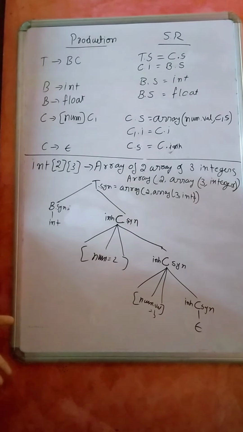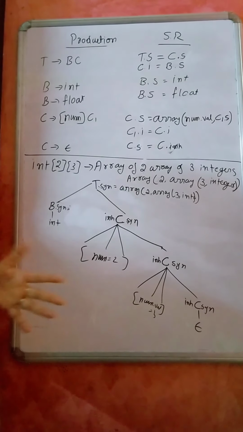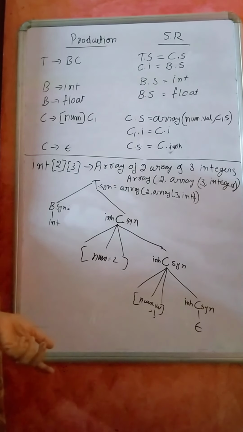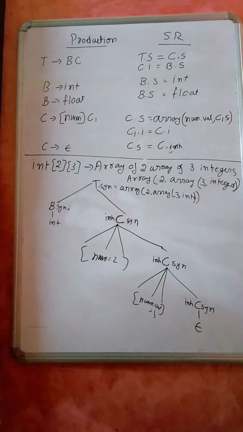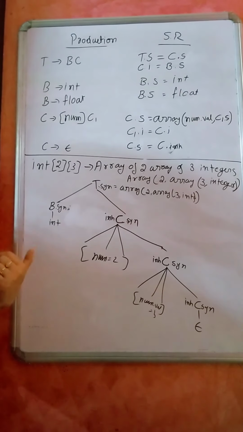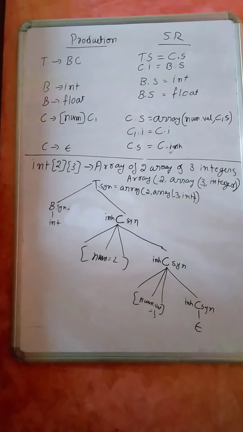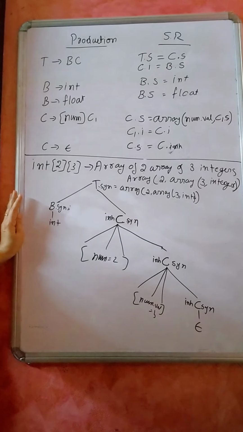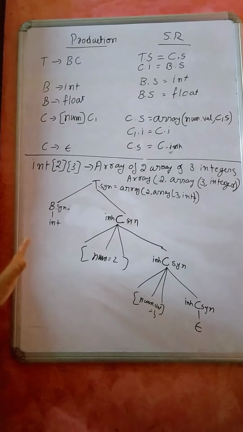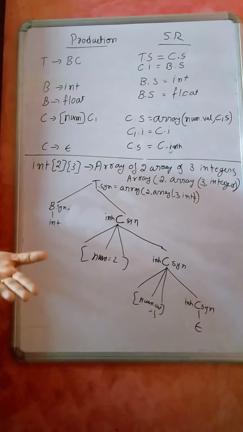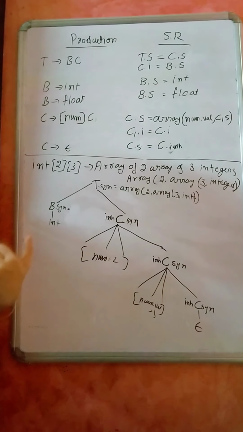Already you know the concept of an L attributed STD. Whether you are using an L attributed STD or an S attributed STD, for that A minus 4 plus C, you will get the same syntax tree. So go through that one for the L attributed. I explained it using an S attributed, the same thing using an L attributed STD. This is one more example, just to show how, in the case of an L attributed STD, the information will flow from one part of your parse tree to another part of the parse tree.